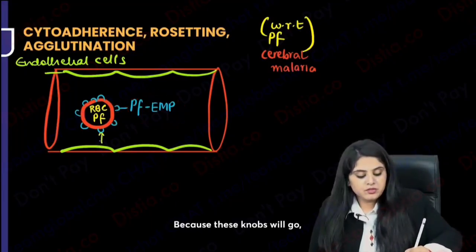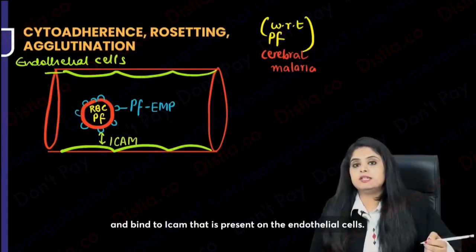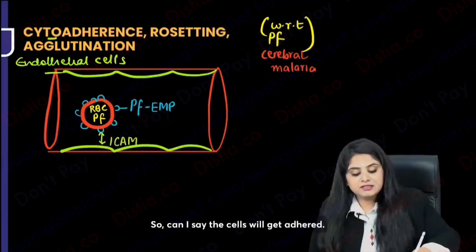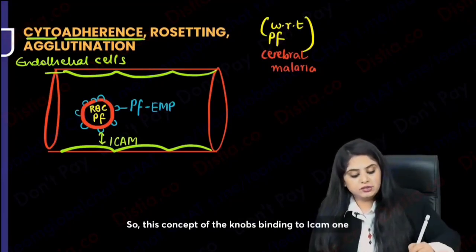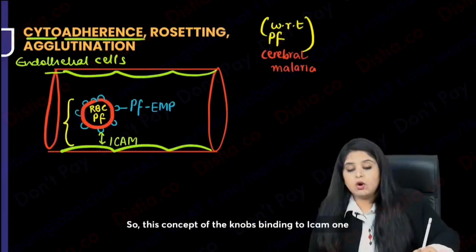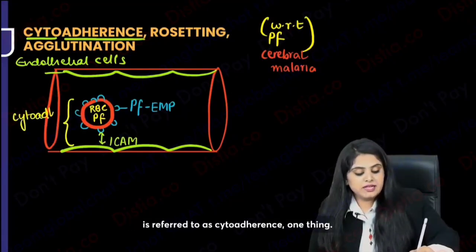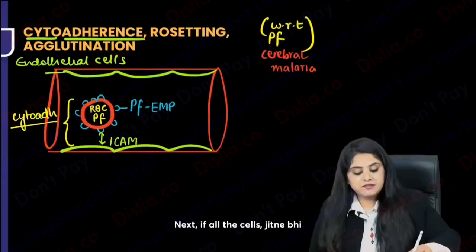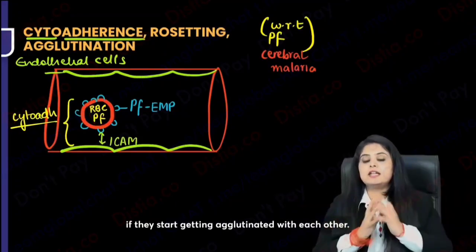Because these knobs will go and bind to ICAM that is present on the endothelial cells. So can I say the cells will get adhered? There is cytoadherence. So this concept of the knobs binding to ICAM1 is referred to as cytoadherence. One thing. Next, if all these cells, the ones with knobs, start getting agglutinated with